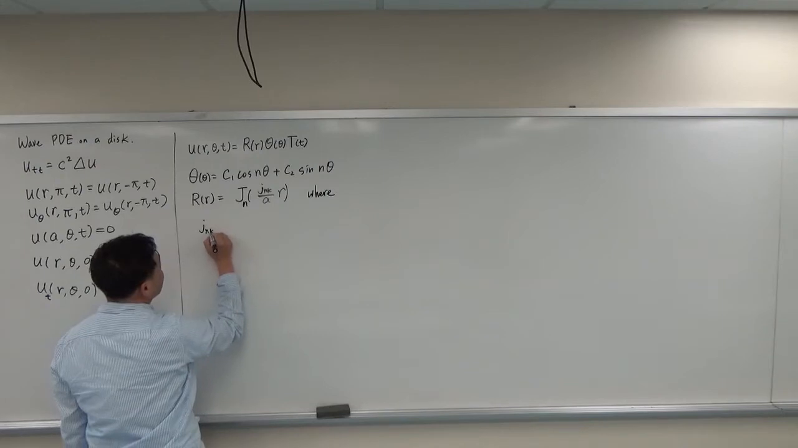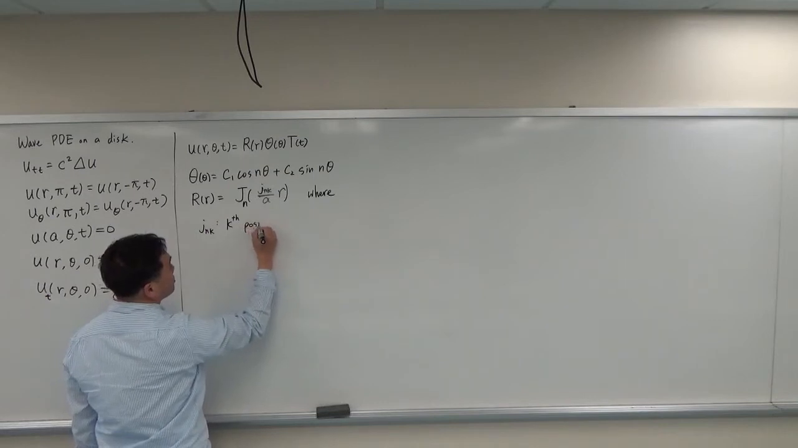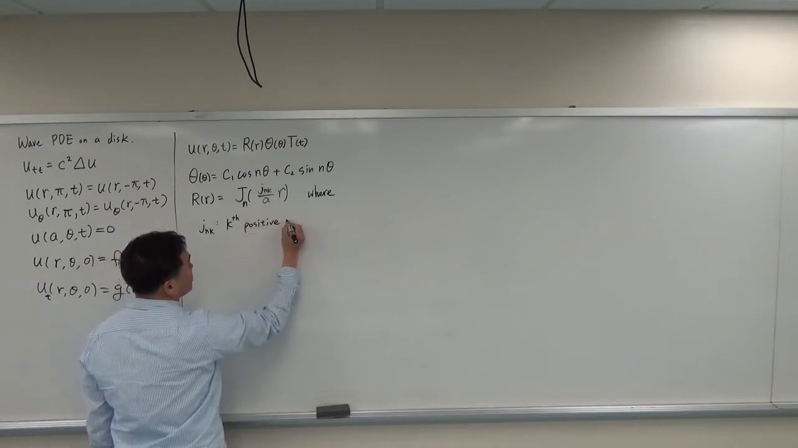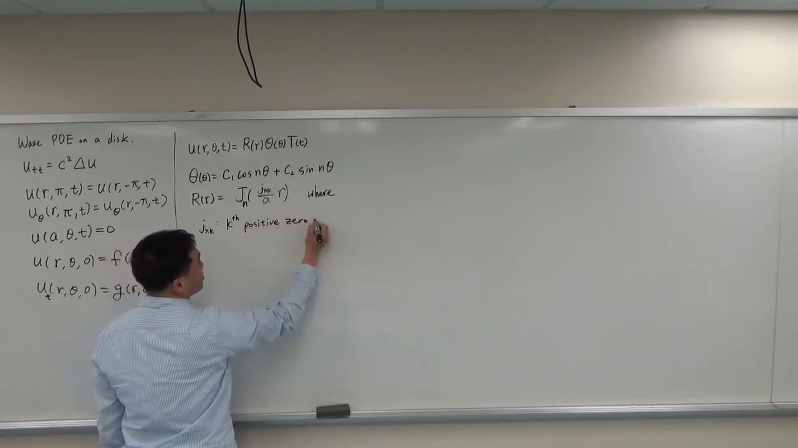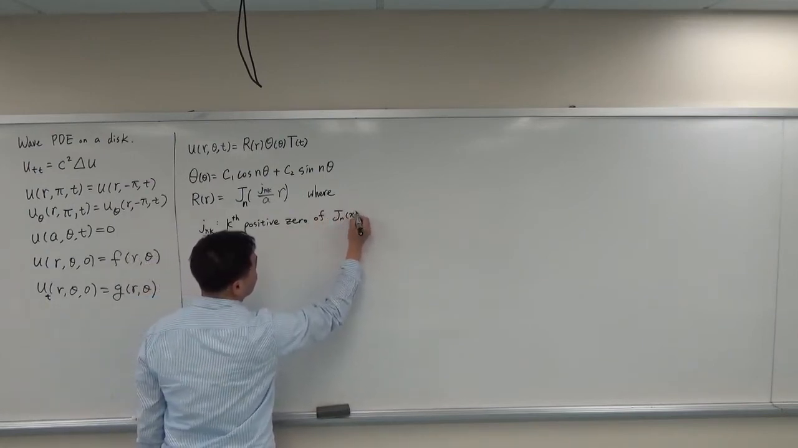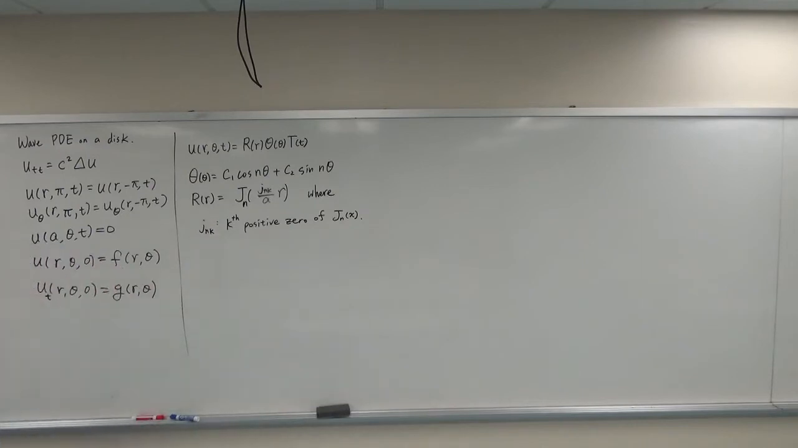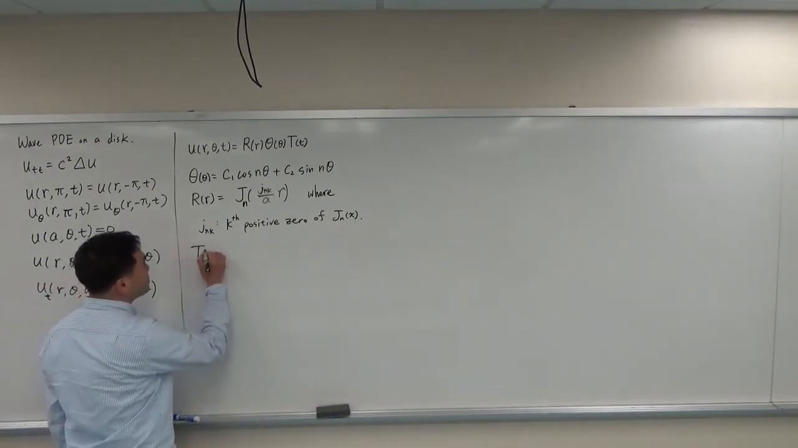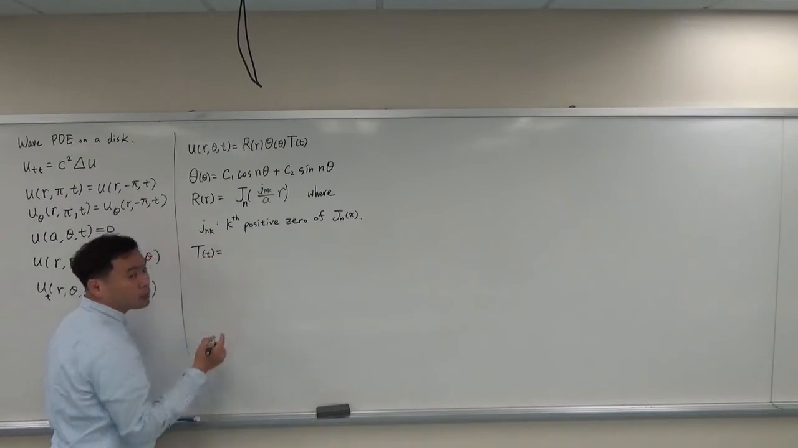where J_nk is the kth positive zero of J_n(x). Okay. And then T(t), and I was checking my last lecture's video,